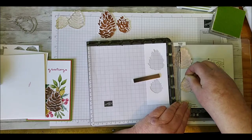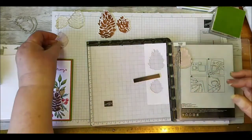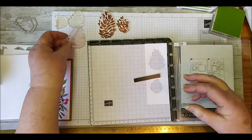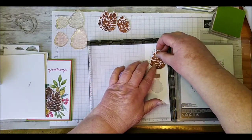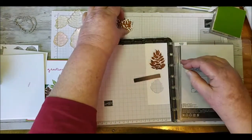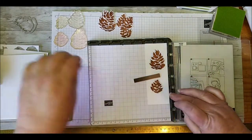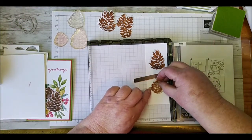So now I'm going to remove these two stamps. I could just flip my plate over and use the other side, but I just do want to be able to see through it, and I'm going to pop one of my blanks that I've already stamped back into there, that one into there, and then we're going to take our other stamp, line it up on top,